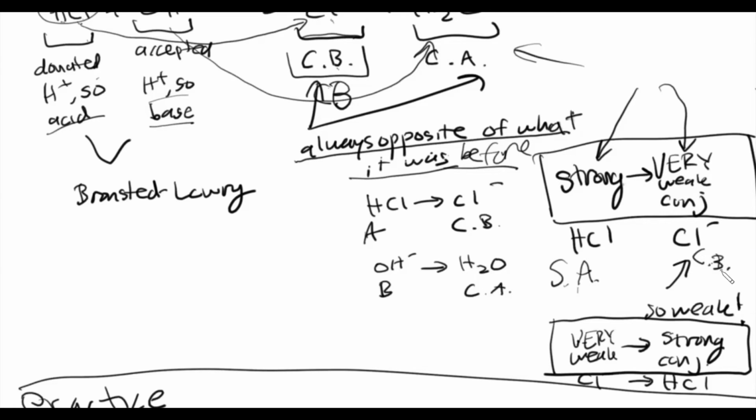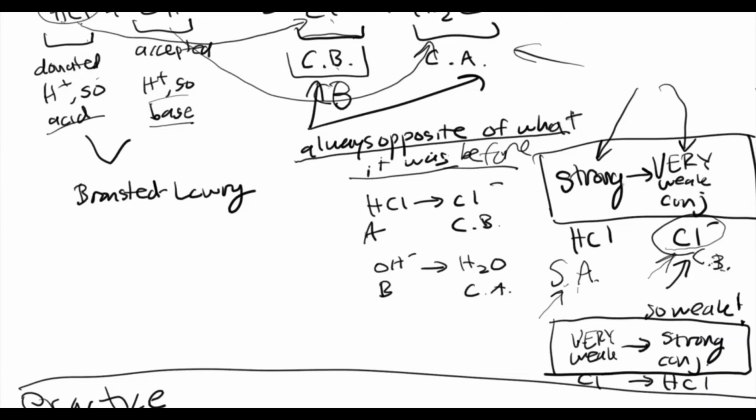So this is an acid, this is a base. And this results after losing an H+, of course. And since this was strong, the conjugate will be weak. So you can say that this is a weak base. And in this case, since this was a strong acid, this will actually be a super duper weak conjugate